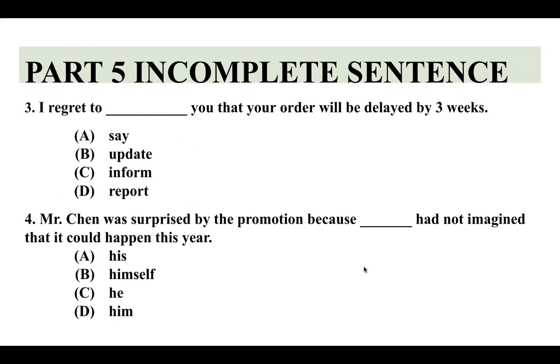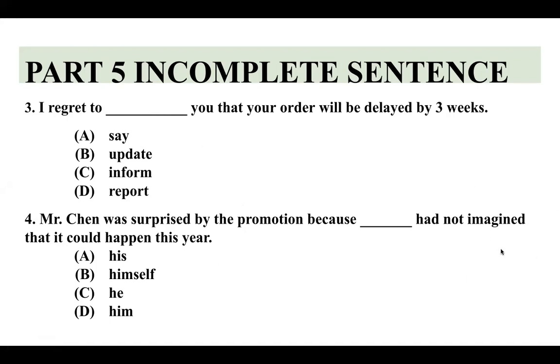ข้อ 3 เป็นเรื่อง word choice นะครับ แต่อาจจะยากนิดนึงตรงที่เราต้องให้เวลากับมัน ไปที่ข้อ 4 alright next question number 4 Mr. Chen was surprised by the promotion because blah blah blah had not imagined that it could happen this year A his, B himself, C he, D him Mr. Chen เป็นคนใช่ไหมครับ let's say เป็นผู้ชาย Mr. Chen he was surprised by promotion because สมมติเชื่อมด้วย because ให้นึกเลยนะครับ